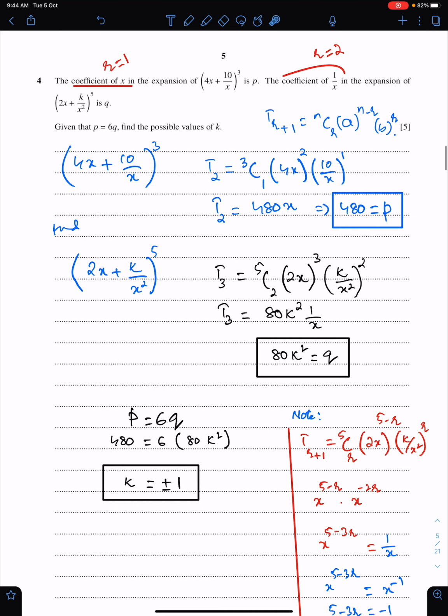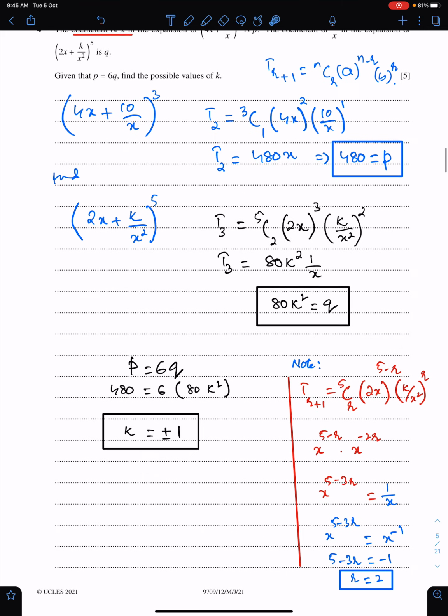I'm again saying that you have two options to solve this question. Number one, you can expand this and get the coefficients of the required terms. Or number two, you can use this formula to get the values of r. You have options. So the coefficient of 1 upon x from this expansion is